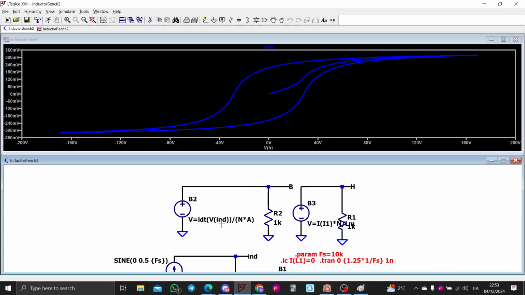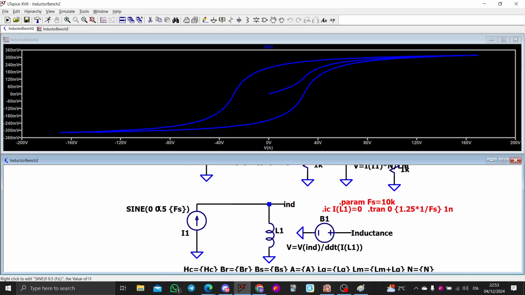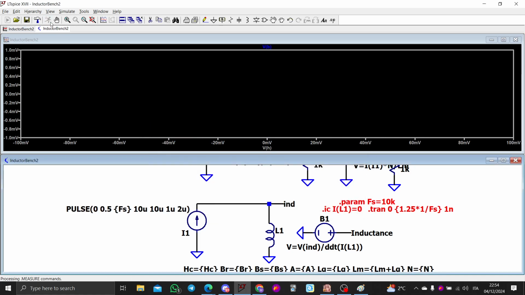You can, by the way, verify with this test bench that I gave to you, basically by giving not a sine, but you can also give a square wave between 0 and a positive value, with a T rise of 10 micro, T on 1 micro, and T period 2 micro, something like this. If you press run,